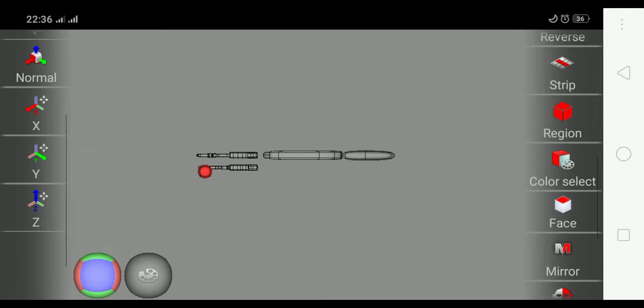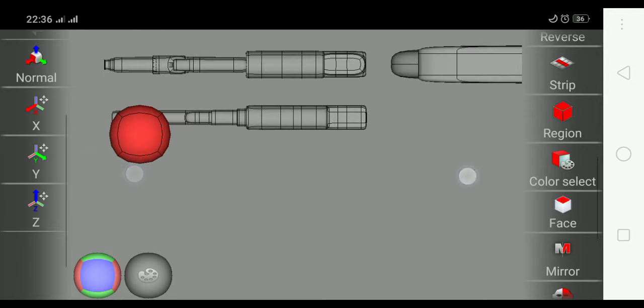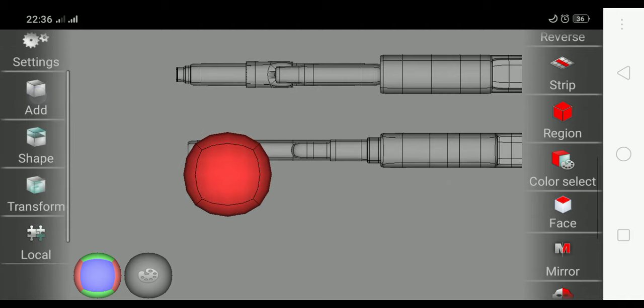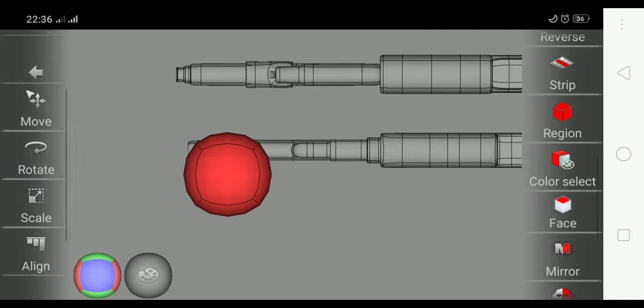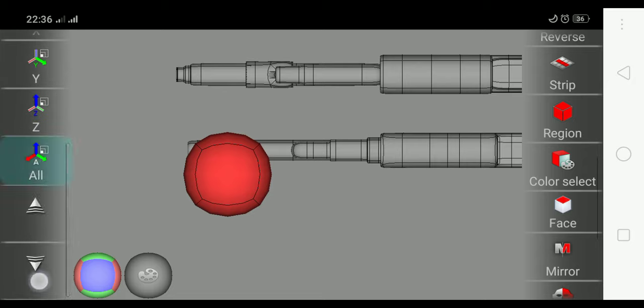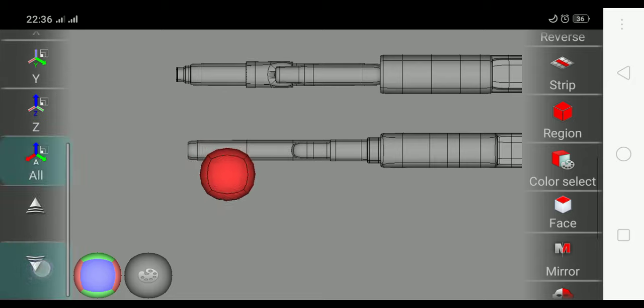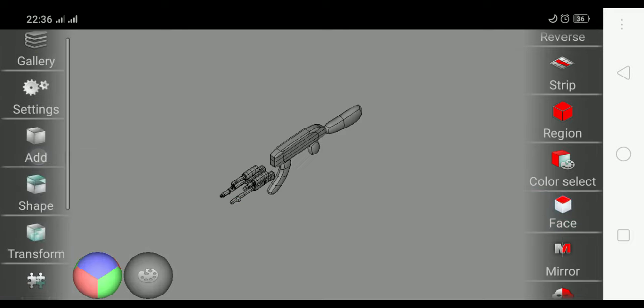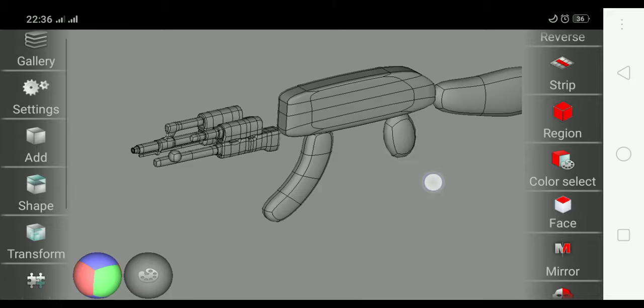Okay, top view. Gonna scale it down along all the axes to make it match the size of the other objects around it. So scale along all the axes. Down, down, down. Okay. Before we go any further, just going to forget about that part a little bit and